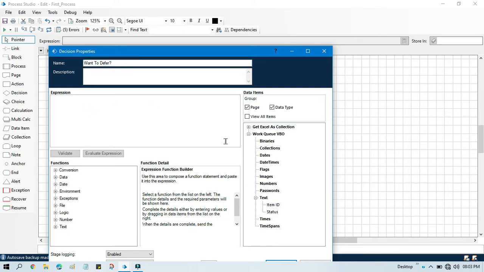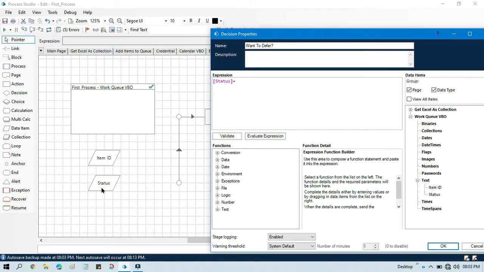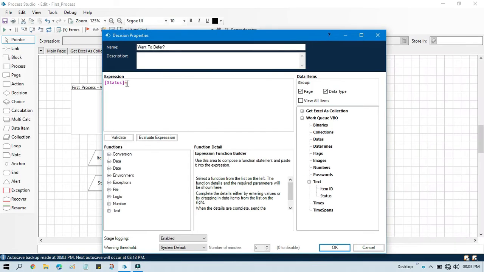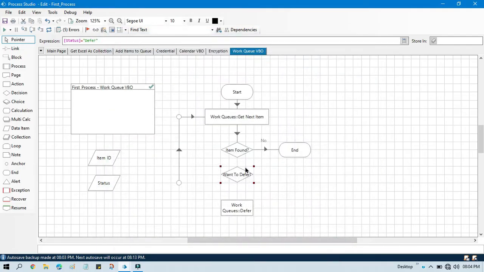Yes. So it means we have status equals to, so we are using get next item and it will give us the status. We are storing it in one data item. So the status equal to double quotes defer. If the status equals defer, then only we are going to defer. So link this, link this. Now